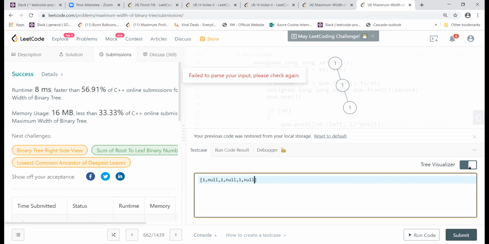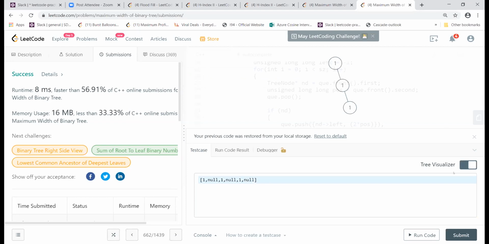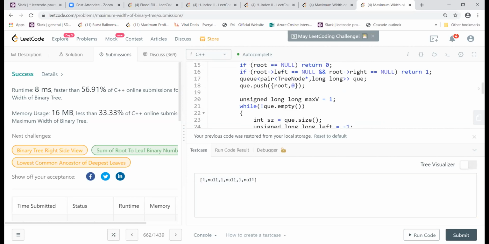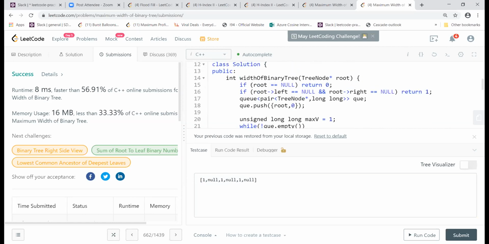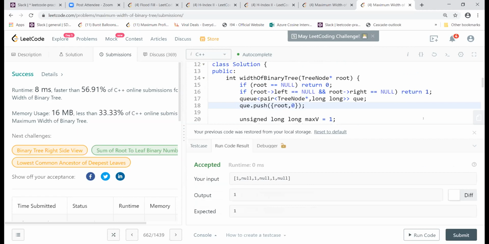No, the upper condition is not for that. Actually, it's only for the leaf one. So it will still come into this while loop. See, I have this base case only for root is null, or if it is the first one without any leaves. Or else it has to come here. So in this case, it will come inside the loop, and if you run it, it will give 1, I think. That is what the value should be.